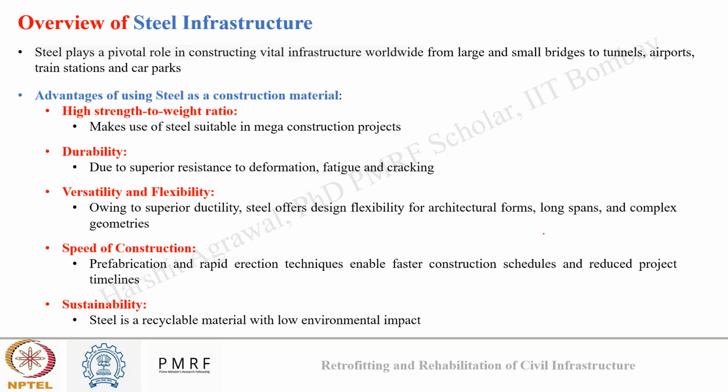So steel in general plays a very important role in constructing vital infrastructure worldwide, from large scale and small bridges to tunnels, airports, train stations, and car parking lots. Okay, now why is steel so widely used? Here are some advantages of using steel as a construction material. It offers a very high strength to weight ratio, okay, which makes the use of steel suitable for mega construction projects. Second reason is